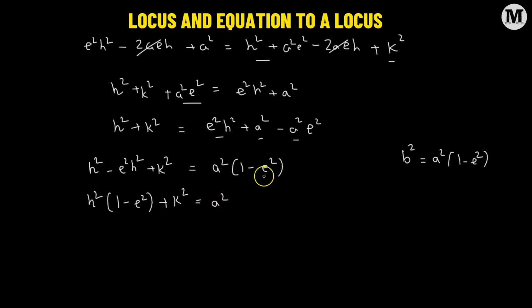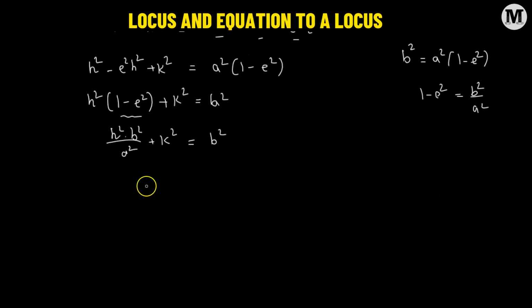So we can replace a squared times (1 minus e squared) with b squared. So this will be simply b squared. And here we have 1 minus e squared, which can also be expressed as b squared over a squared. So we have h squared times b squared divided by a squared plus k squared equals b squared. Fine. Let's do one final touch here. We're going to divide each term by b squared. So we get h squared over a squared plus k squared over b squared